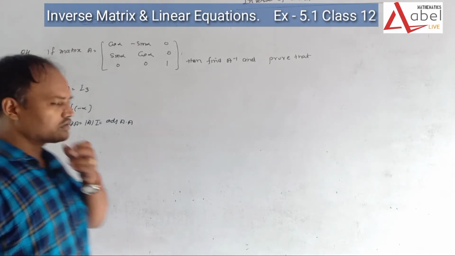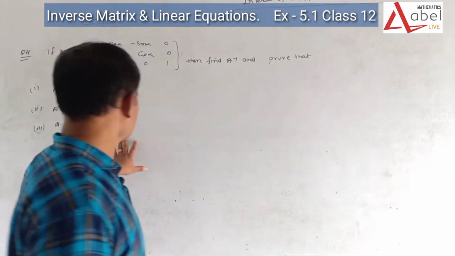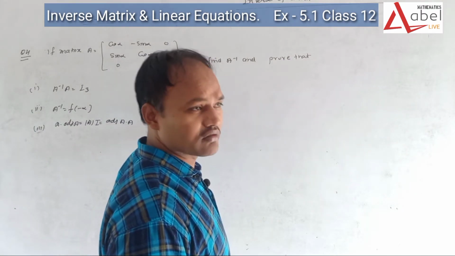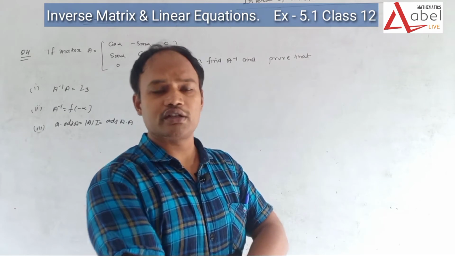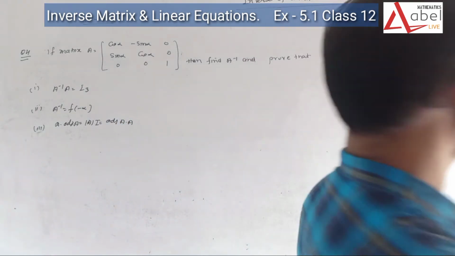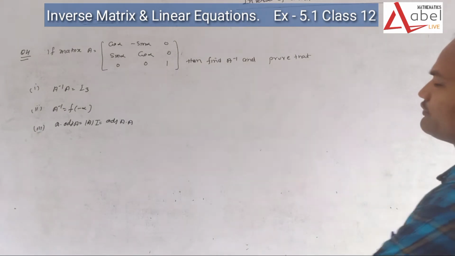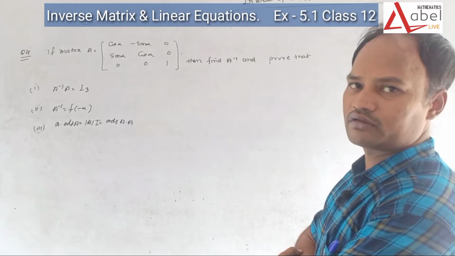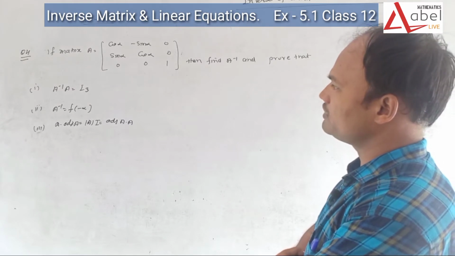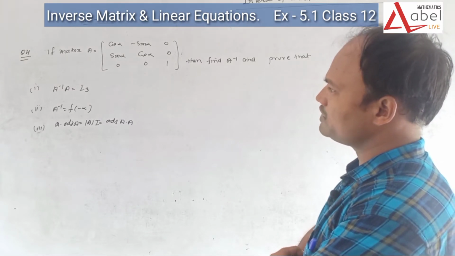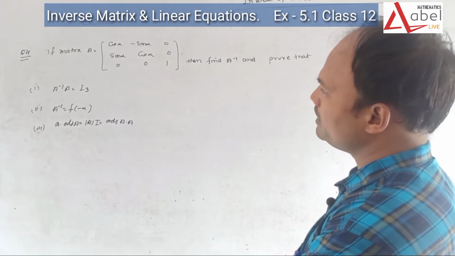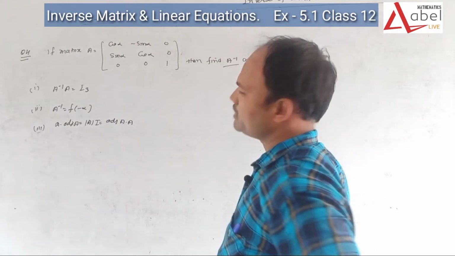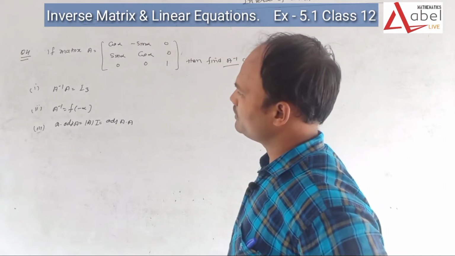So we have done a lot of questions of this type, but this is trigonometry with the inverse function of the matrix. So it is a very important question for board classes. So firstly we take them one by one and we are going to solve this question one by one. So firstly we take the first part, that is, we are going to find A inverse into A equal I3. Firstly we have to find A inverse. So first we are going to find A inverse, then we can solve these questions one by one.